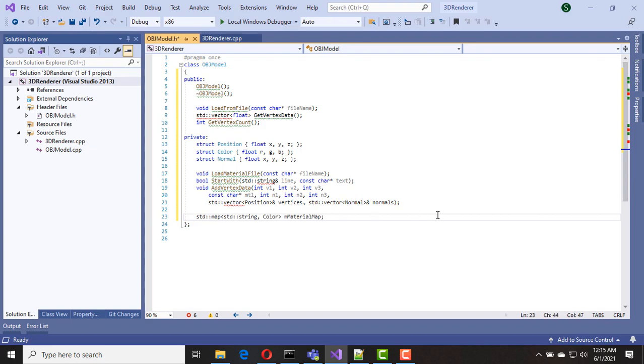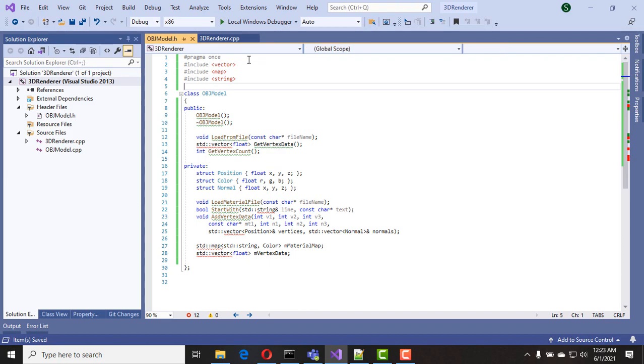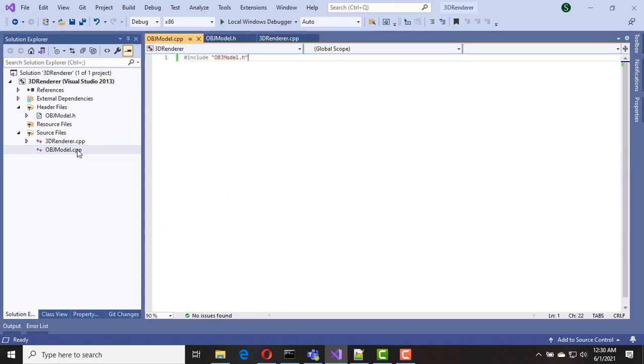I use the material name as a key and the value should be the color. Second is the vertex data vector, which is a float vector. Okay, now I need to include vector, map and string. Okay, now let's go to the CPP file to implement those functions.